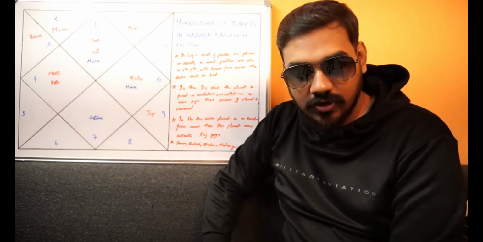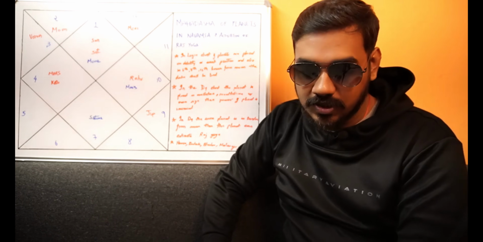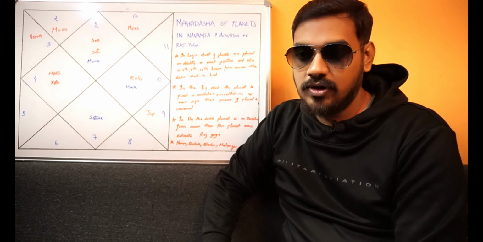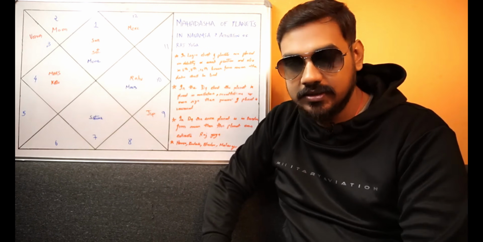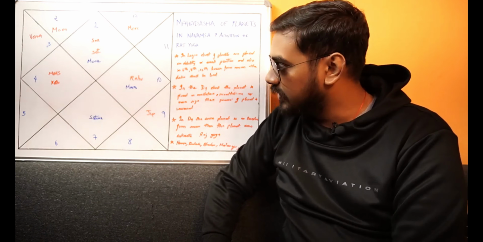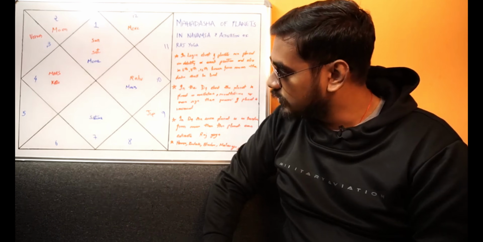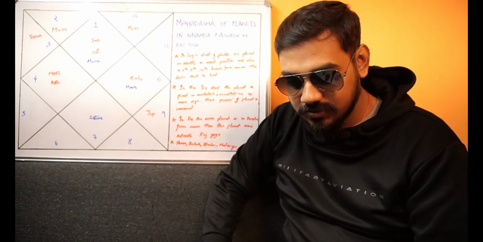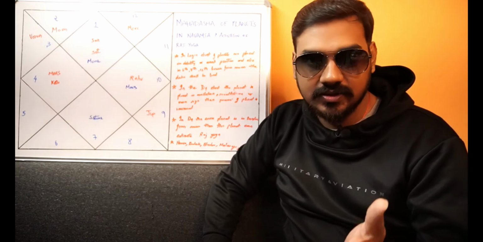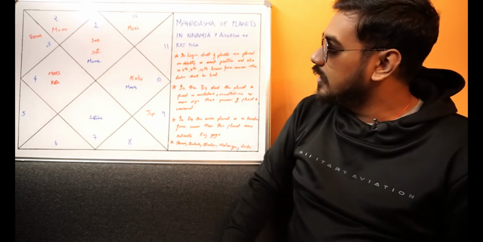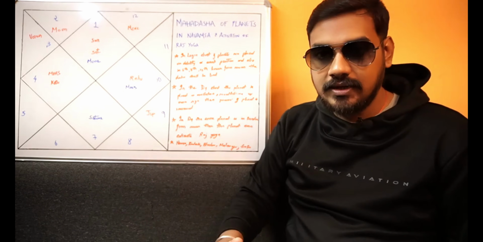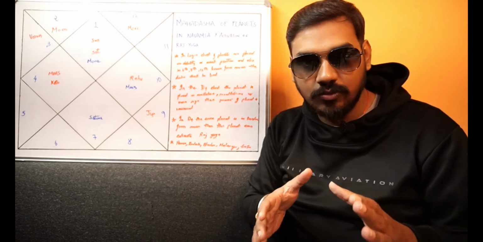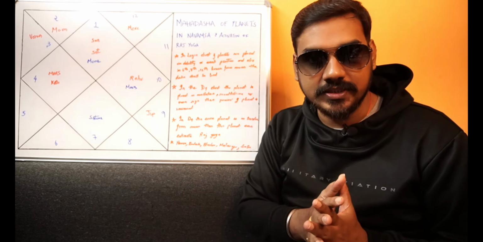So, Pancha Mahapurusha Yoga created by Jupiter is Hamsa Yoga, by Mars is Ruchak Yoga, by Venus is Malavya Yoga, by Saturn it is Shasha Yoga, by Mercury it is Bhadra Yoga, alright. So, Saturn, Jupiter, Mars, Venus, Mercury. Now, in the Navamsha chart, Saturn is placed in a Kendra from the moon and it is placed in its exaltation, alright.